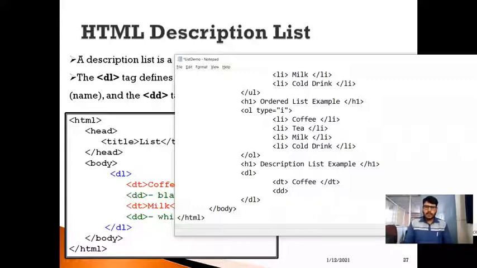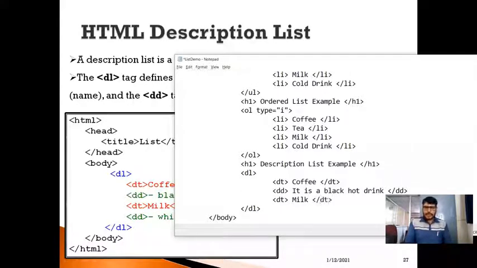So, what do you mean by coffee? It is a black hot drink. So this is the description I want to provide for coffee. Similarly, I need to close this DD tag. All right. And below this, assume that I want to include one more term here for milk.